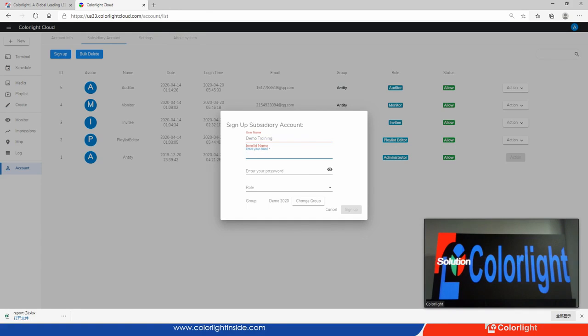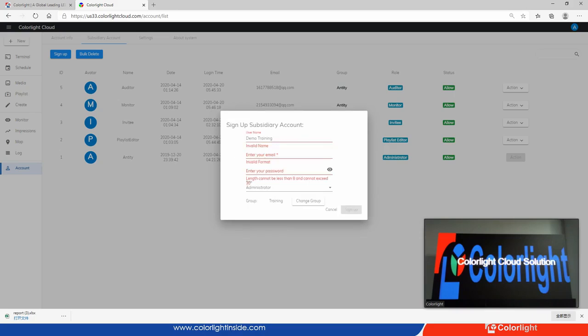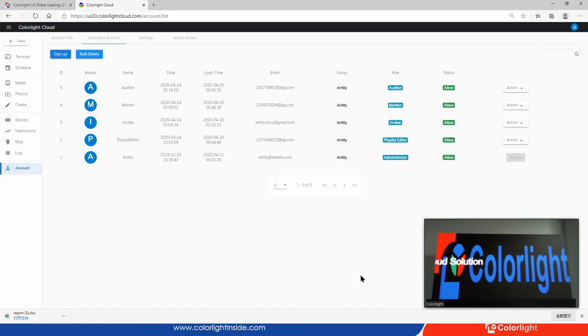And input the email address, enter the password, choose a role, and then set the terminals group for him. And then just confirm. Then he will get his own account. So when we got the first class account, we can sign up the second, the third class account by ourselves. We don't need to do it